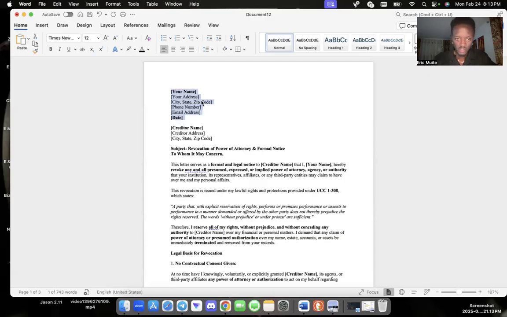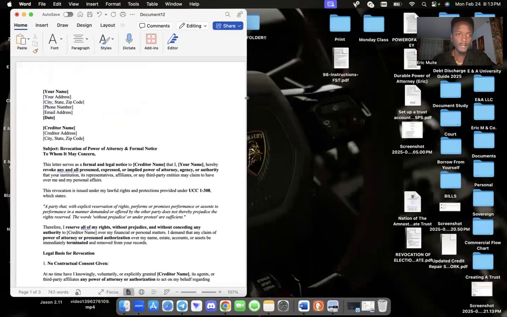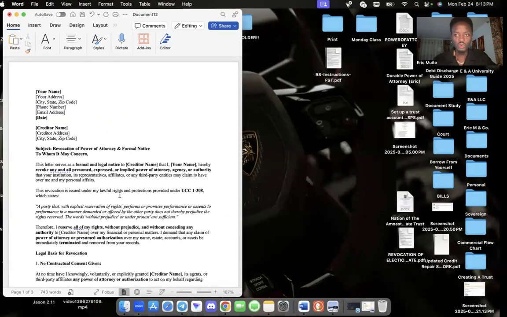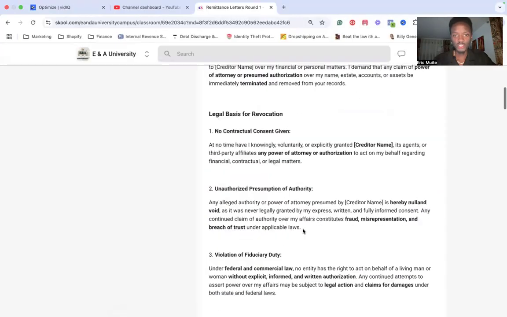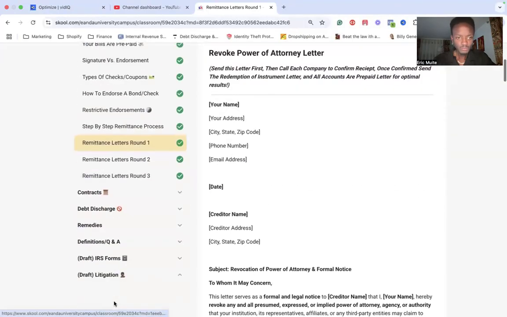You're just going to put your information, right? Name, address, city, etc. Then you're going to put the creditor's name, okay? So in this case, who is the creditor? I was going to go over a Verizon bill today, so we're going to go right back to the instructions now that I have the letter,